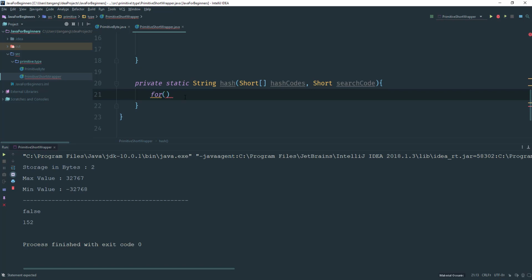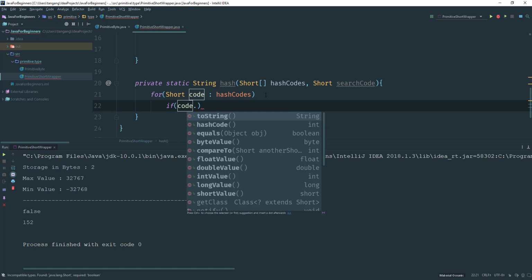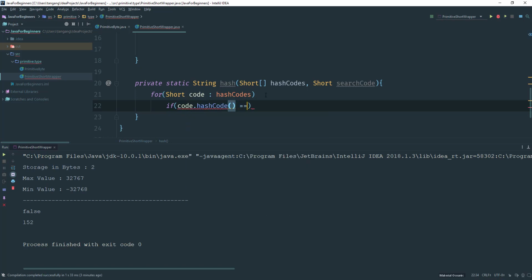And what I want to do is I want to use a for each loop, and stick in a short here. I'm going to call this code, and what I want to loop over is our hash codes. Okay, so I want to see if this searchable code is inside of this hash code collection here. So we're going to say if code.hashCode equal to search.hashCode, then what we can do here is we could return,